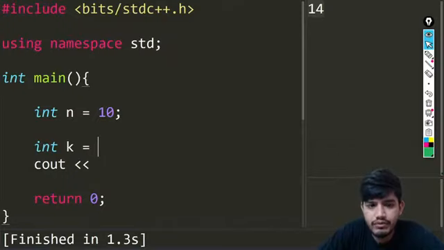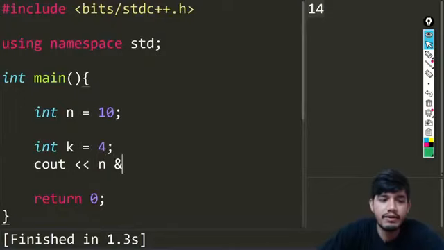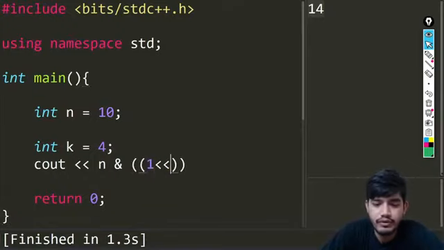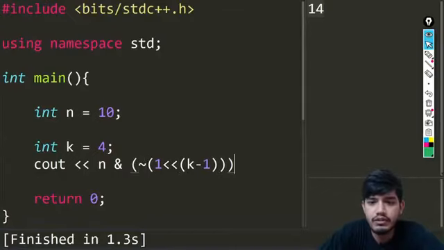Let us take the example for 4, because 4 is set in 10, so I'm just unsetting that 4. Then I'm going to print the answer, so I'll do n, taking the AND operation, then in this I'll take 1 left shifted k minus 1 times, taking the complement. That is how we take the complement here, and we just print the value.